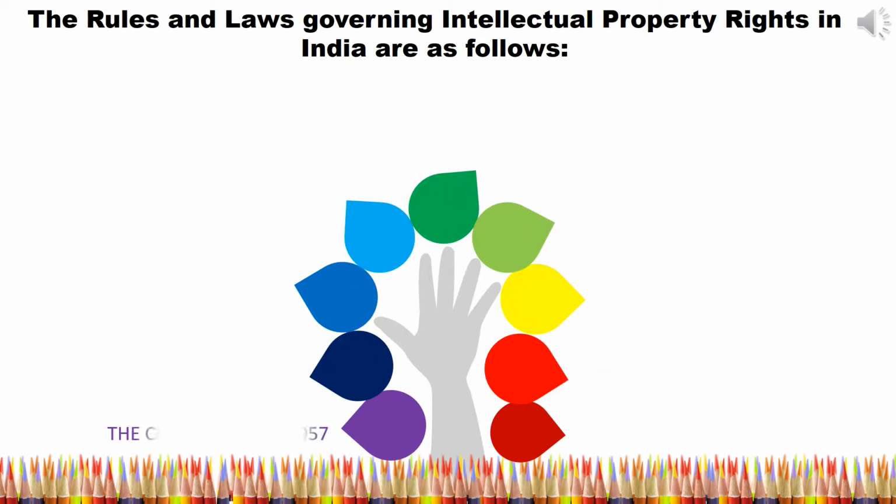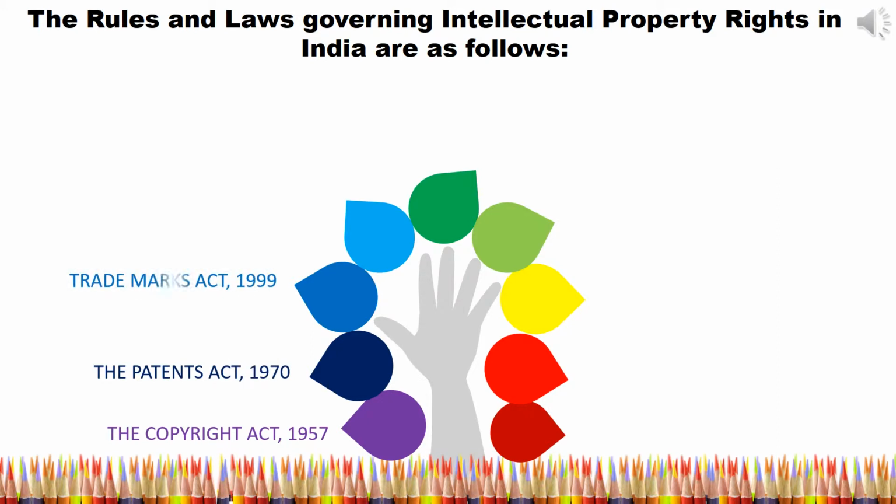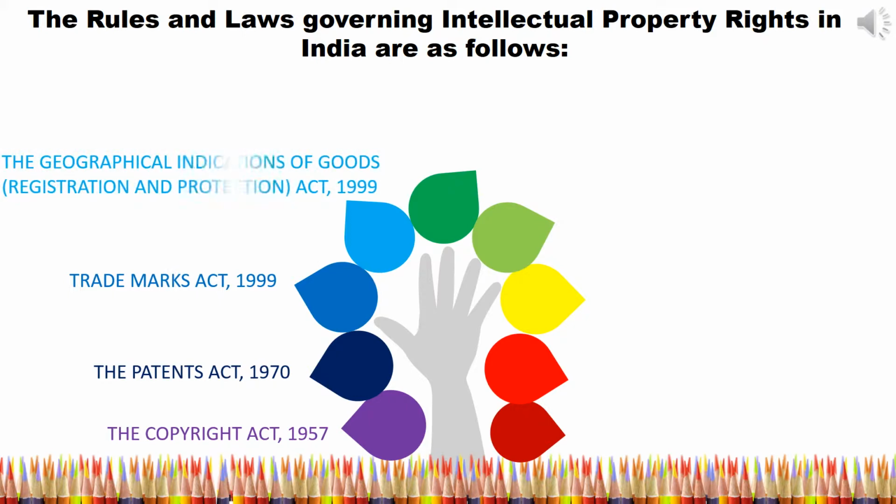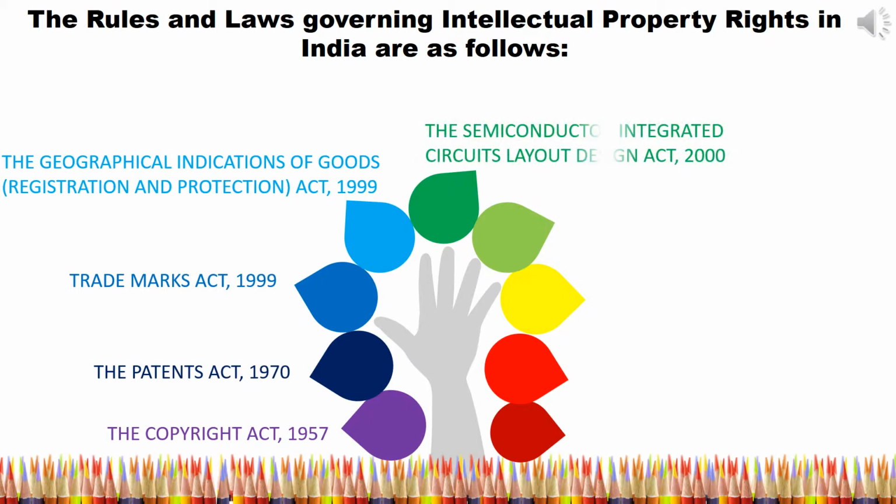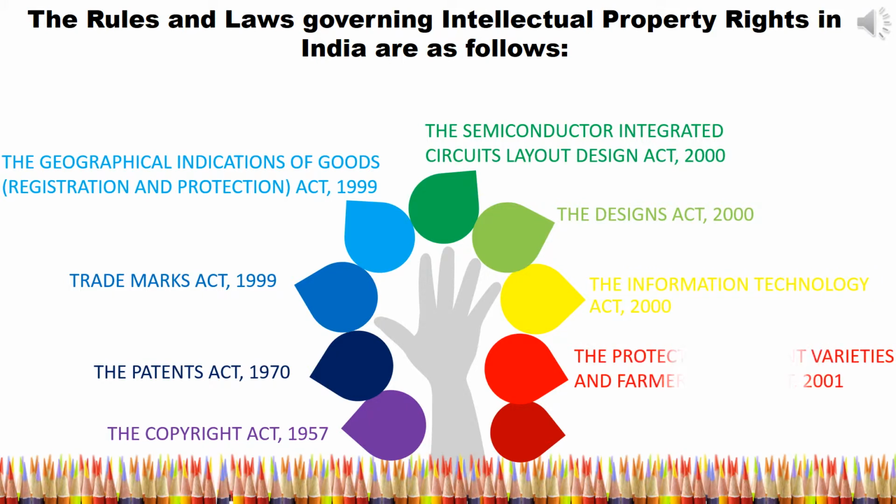Now, these are some of the rules and laws governing intellectual property rights in India. Just have a quick look at them. You can see that the first law related to IPR came in the form of the Copyright Act, that is in the year 1957. Then the Patents Act, Trademarks Act, the GI Act, Semiconductor Integrated Circuits Layout Design Act, IT Act,